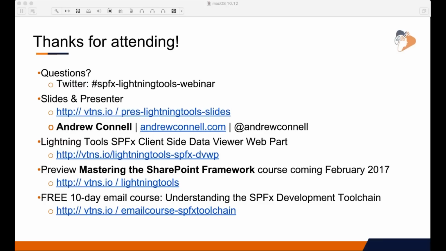Now, that's not to say that, let's take Lightning Tools, for example. They built their web part. They could sell it the exact same way they sold their farm solutions, which is customers would buy it directly from Lightning Tools, and then they could deploy it. And it could work across your entire tenant in Office 365. Today, the SharePoint framework is only supported on SharePoint Online.